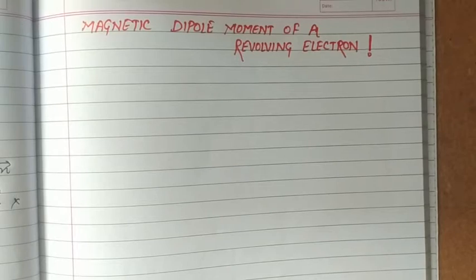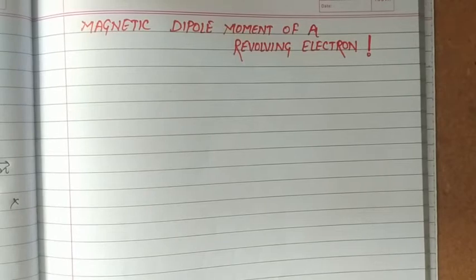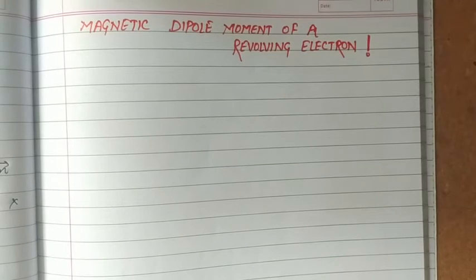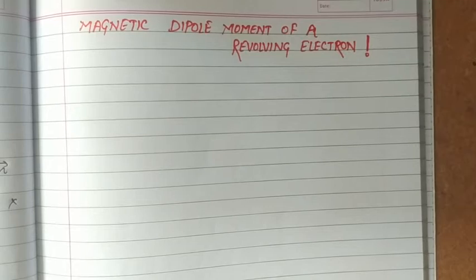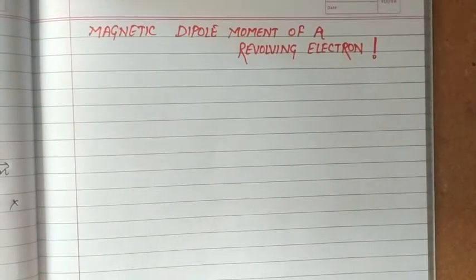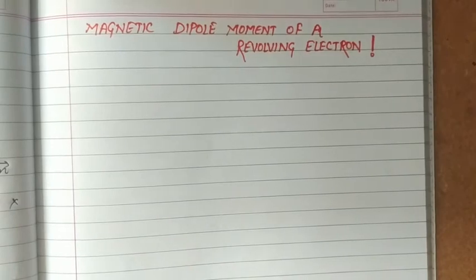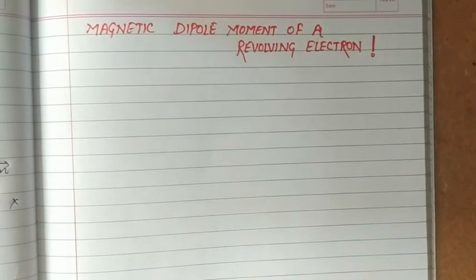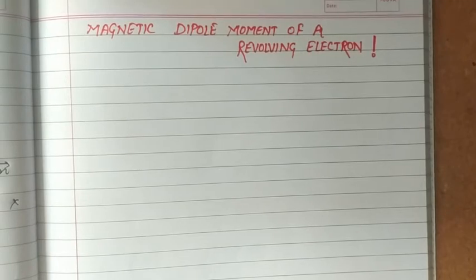a moving charge or if there is a flow of electron, then there exists a current. So if in the orbit there exists an electron which is revolving around the nucleus, we can consider that orbit equivalent to a current carrying loop, because that shape of orbit is like a loop, and flow of electron is responsible for the flow of current in that loop kind structure.